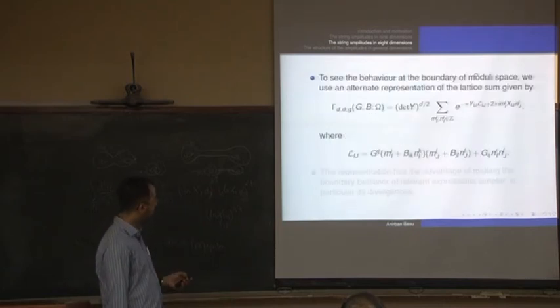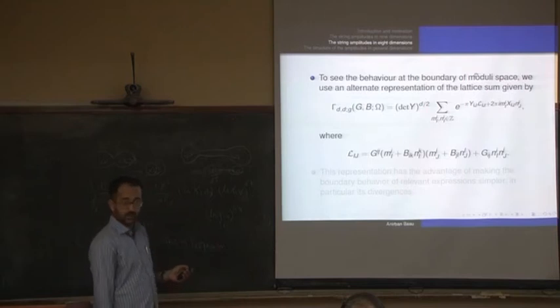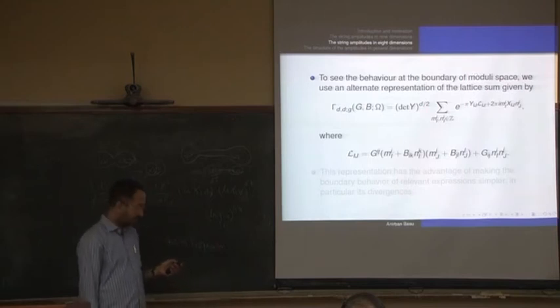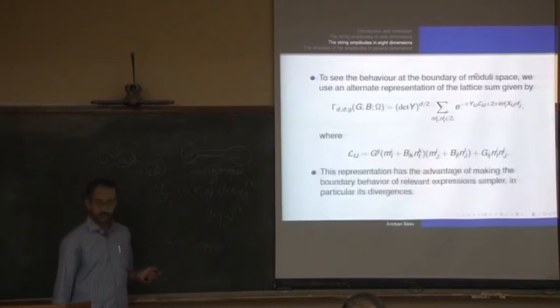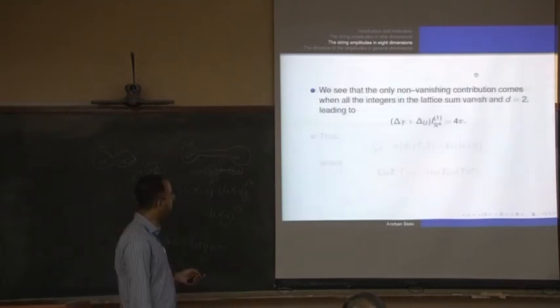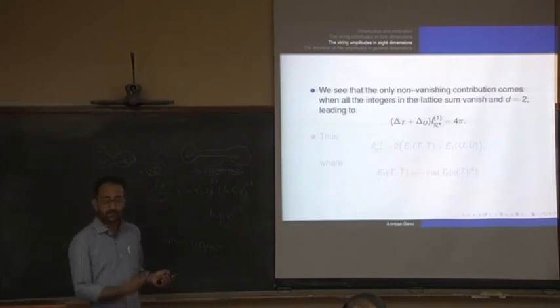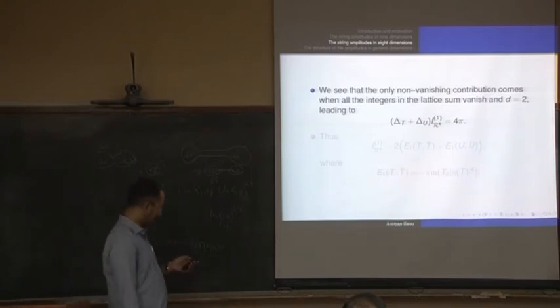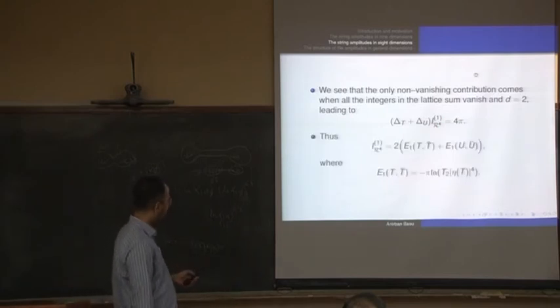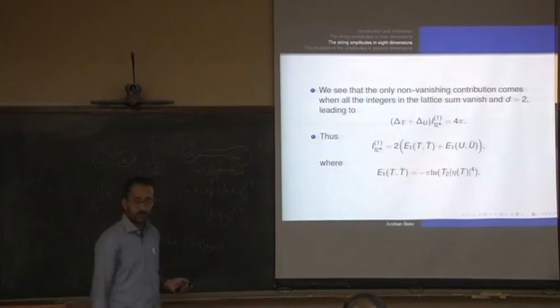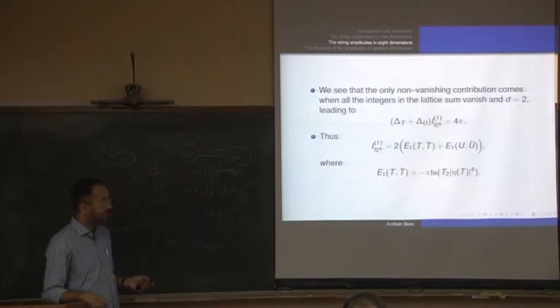And linear in omega 2 here means d must be 1. Sorry, d must be 2. So such a term can be non-vanishing only in 8 dimensions. The prediction of string theory. And the right hand side is very simple, it's 4 pi, because this is 4 pi into 1. And so this is then the equation, and the solution is just this. There's only one unique modular form of weight 0 which solves this.